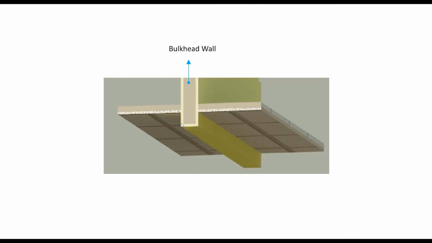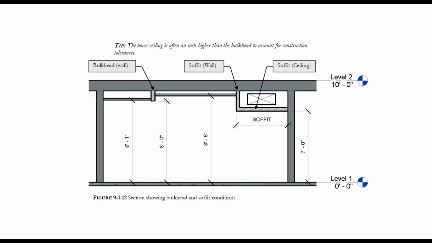We might have a bulkhead wall in our ceiling in some cases, which is actually a regular wall but does not sit on the floor, and it can be seen in a ceiling plan but not in a floor plan because of the section height. This is the picture in the book, and this is a section view of a room. We are going to model this soffit box over here in this bulkhead wall. And now let's get back to Revit again.